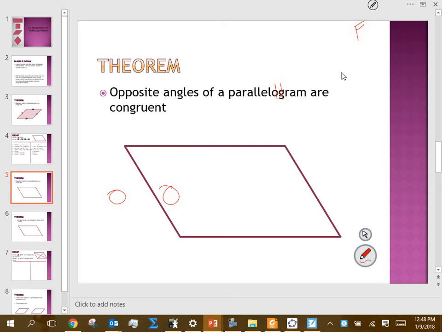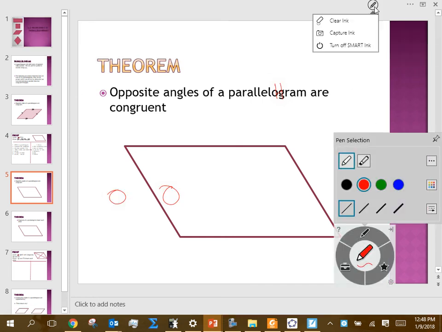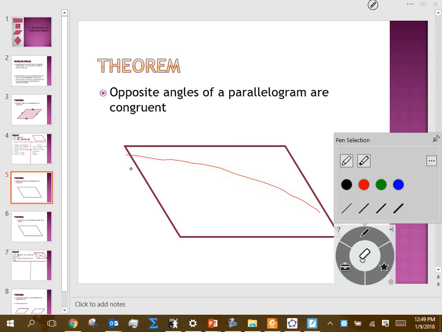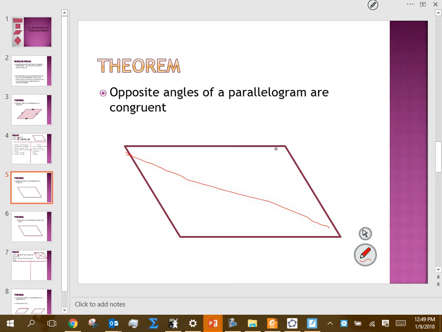Okay? Now there is one thing that we got to pay attention to when we want to do this. We want to prove opposite angles congruent. Let me get this thing, there you go. Because when I draw that diagonal, a little bit better, that angle and that angle are the only ones that we can talk about as being congruent by CPCTC. We also end up finding out eventually that that angle there and that angle there are also opposite angles from our parallelogram, aren't they? So the way that I would go about trying to prove that those two things are congruent